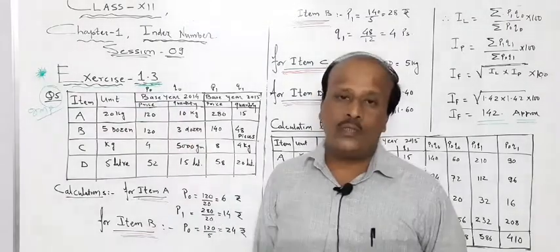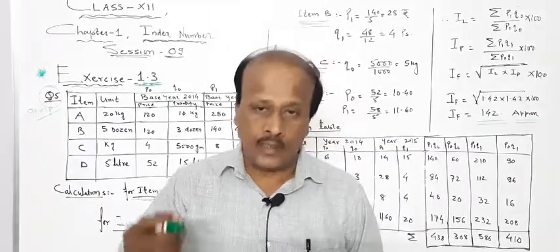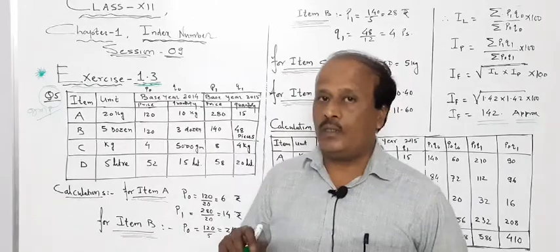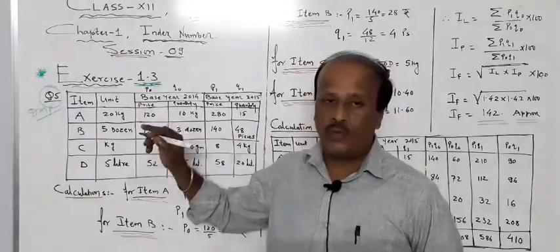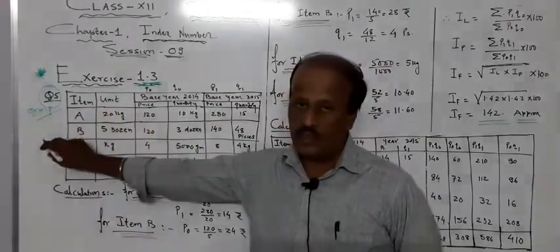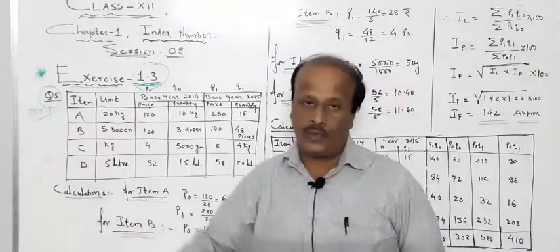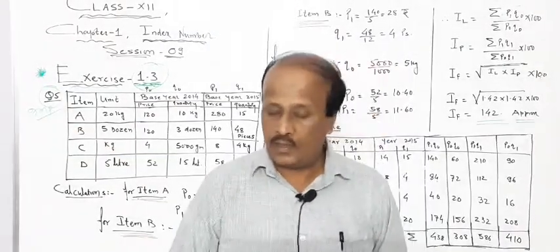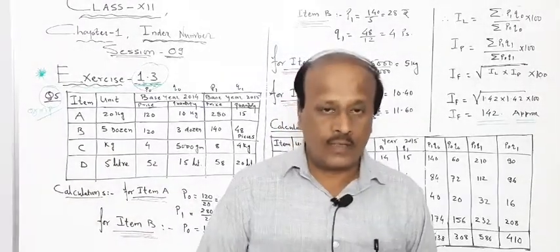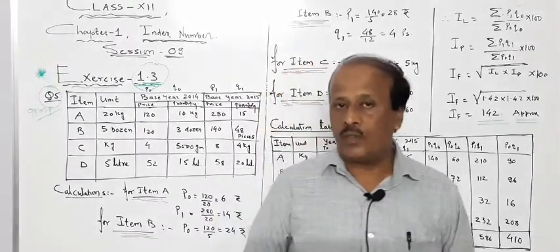Now today I am going to select one more important question from exercise 1.3. You just go through the question in the textbook. Even for the calculation, use a calculator and confirm it. This is a very important question. The previous question was just an application of a formula, but this question number 5 from exercise 1.3 is very important. Many times this type of question comes in the board exam, so you should see it and practice this type of question.